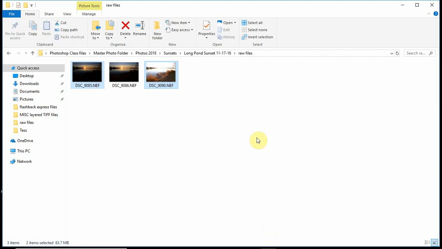Hello everyone. As promised, I am going to show you how to do layer masks and combine two images using exposure blending. If you open up the files that we gave you for the Photoshop class, grab the DSC 9085 and DSC